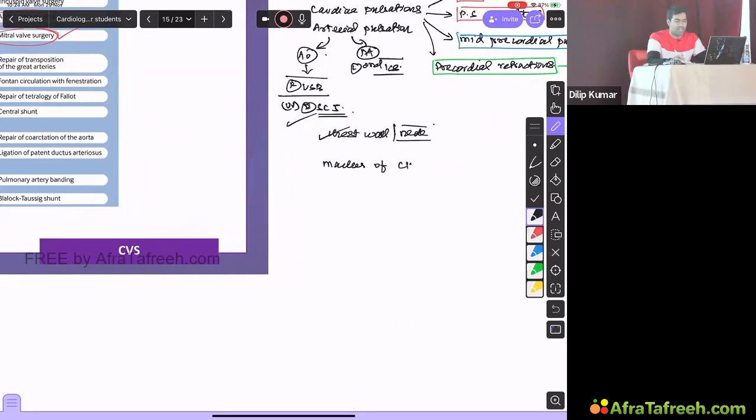markers of congenital heart disease. Depending on your local policies, where they want you to mention, you can mention accordingly. If they ask you to mention in the general examination, you can mention there. If they ask you to mention in the cardiovascular examination, in inspection, then you can mention it there also. Then you have to